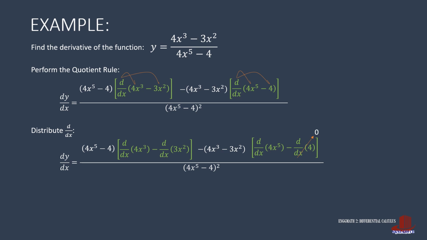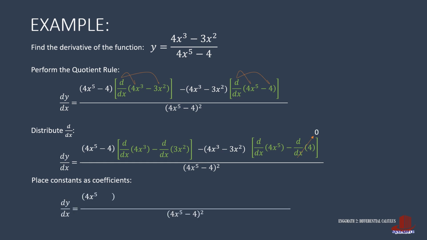Before differentiating, let's try to simplify the terms first. That is, by taking out any constants and making them as coefficients before the derivative. The function then still has the copied lower term multiplied by the constant 4 with d over dx of x cubed. This is followed by negative 3 with d over dx of x squared. The second group in the numerator has the copied upper term times the coefficient of 4 with d over dx of x raised to 5.